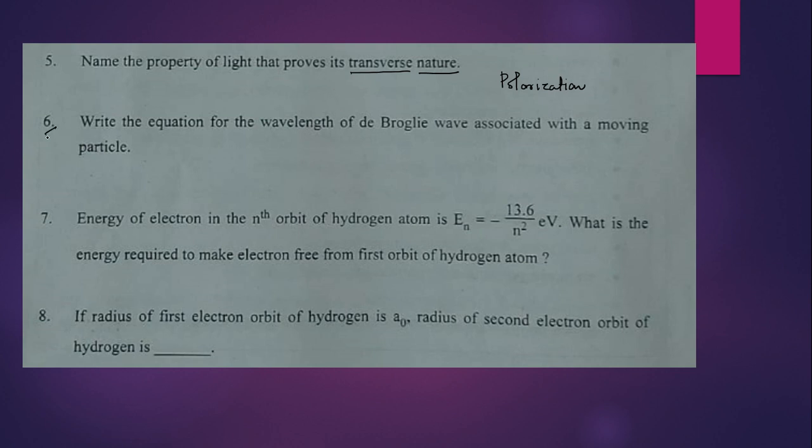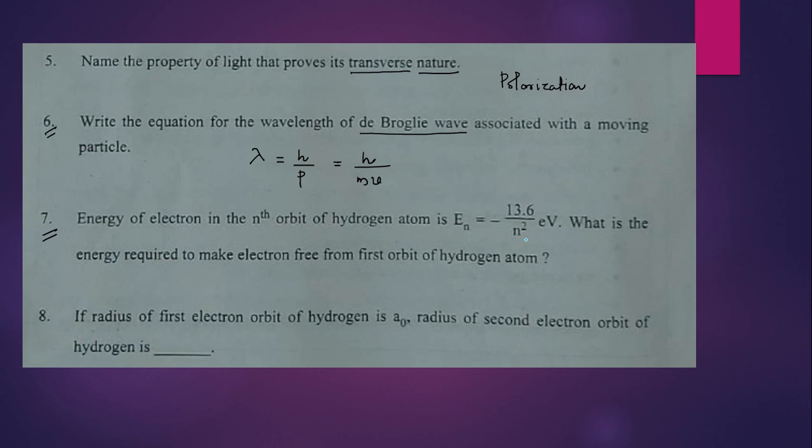Question number 6. Write the equation for the wavelength of de Broglie waves associated with a moving particle. So we know the simple relation as lambda equal to h by p. Here p is nothing but equal to mv. Number 7. The energy in the nth orbit of hydrogen atom is given as En is equal to